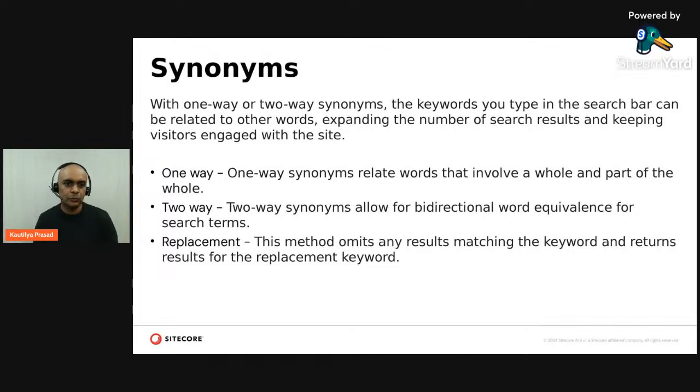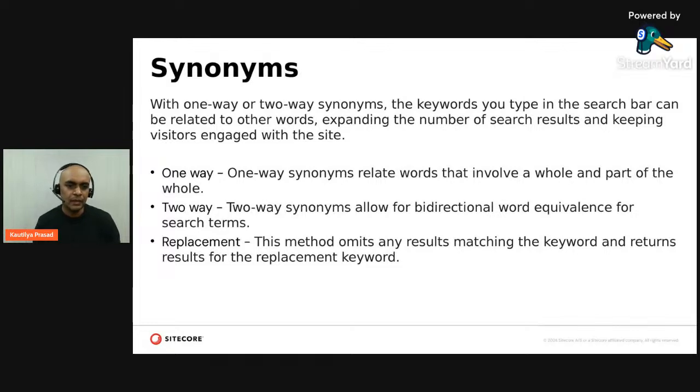So this is where you can use one-way synonyms, because it's just one direction. Two-way synonyms are bidirectional. For example, if I'm searching for black trousers, it also means I'm searching for black pants, and the opposite is true as well. So this is where you can create two-way synonyms and have the search results generated. The ranking may be different here, because black trousers and black pants will return the same results, but the ranking may differ because of some global rules for ranking or relevancy,